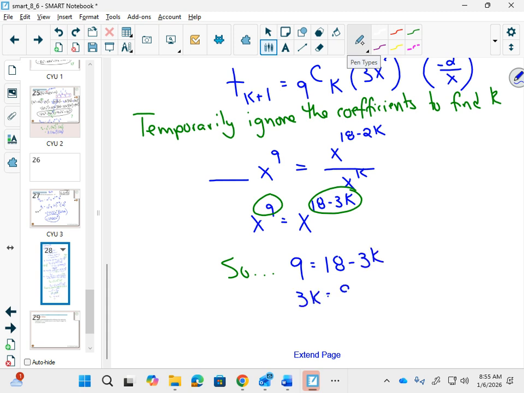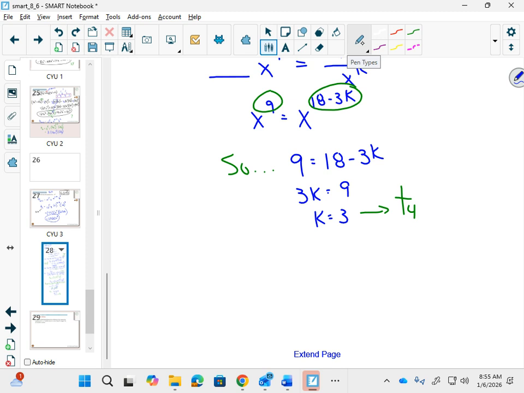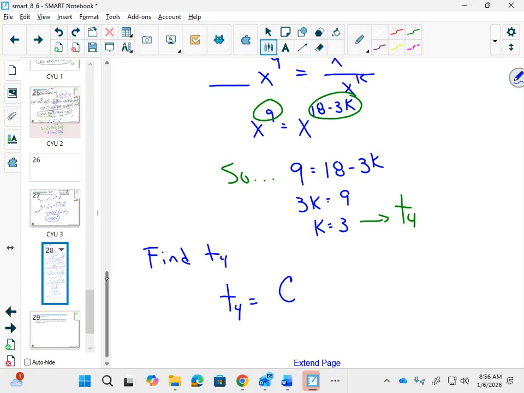I'll move the 3k to this side, the 9 to that side. So we did all of that work to find out that it's term 4, and you have to be careful